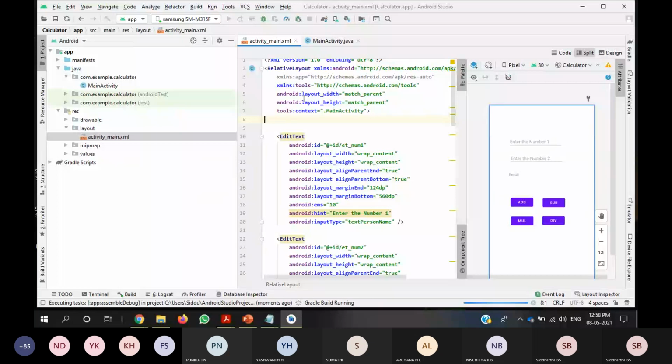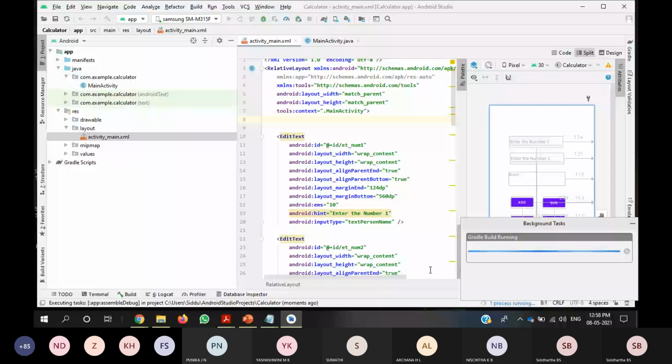So see here, the Gradle build is running. It takes a little bit of time to build the Gradle.